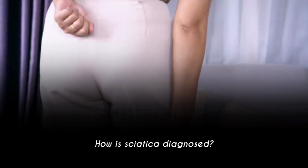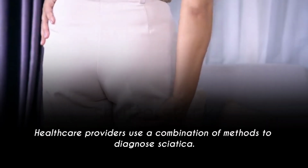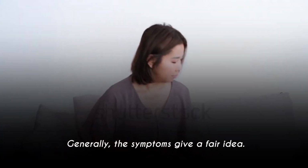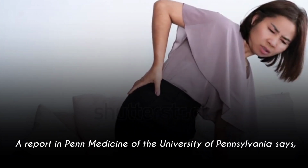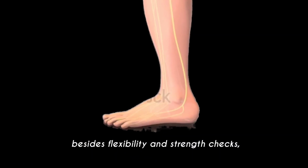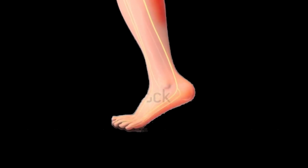How is sciatica diagnosed? Healthcare providers use a combination of methods to diagnose sciatica. Generally, the symptoms give a fair idea. A report in Penn Medicine of the University of Pennsylvania says, besides flexibility and strength checks, they will also conduct